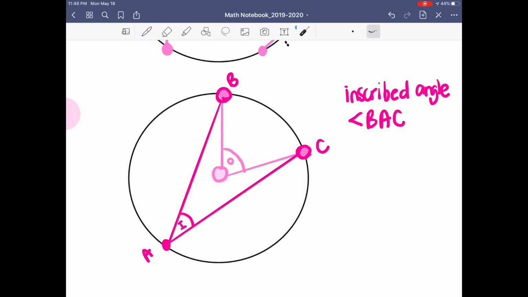Well, you look at the direction that you have to go to make the angle. You can start here, go here, and then go here, and that would make this angle. So B to A, then to C. You can also say C to A, then to B. It would still make the same angle. So you can say angle BAC or angle CAB. Okay? So this is the inscribed angle that we have, and then we have our central angle,